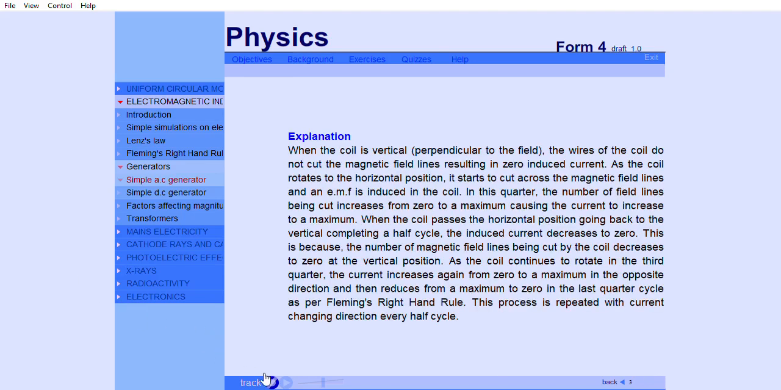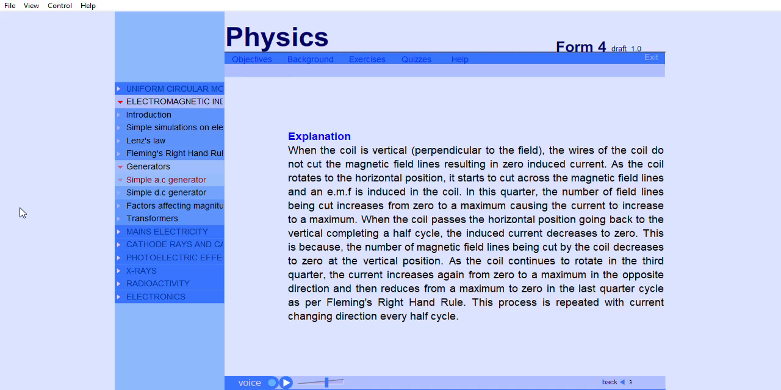Explanation. When the coil is vertical or perpendicular to the field, the wires of the coil do not cut the magnetic field lines, resulting in zero induced current. As the coil rotates to the horizontal position, it starts to cut across the magnetic field lines, and an EMF is induced in the coil. In this quarter, the number of field lines being cut increases from zero to a maximum, causing the current to